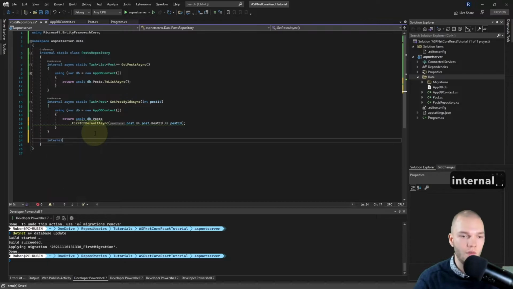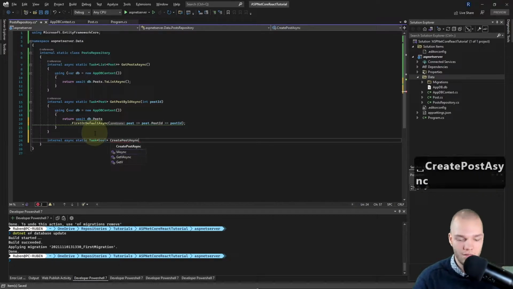So I'll just do an internal async static task and we'll return a bool, to tell the caller of this method if it worked or not. And I'll name it CreatePostAsync.